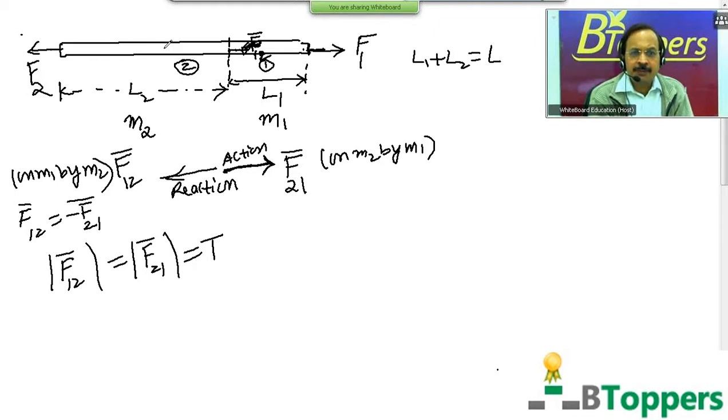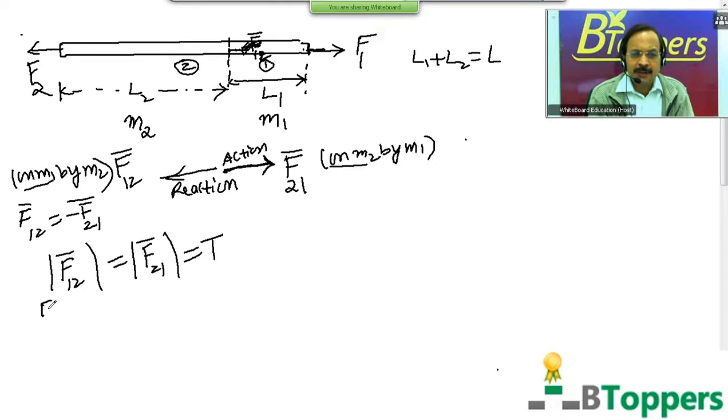So I draw a separate free-body diagram for mass M1 and a separate free-body diagram for mass M2, showing the forces in the horizontal direction. The force on M1 by M2 must be indicated in the free-body diagram for M1. The force on M2 should be indicated in the free-body diagram for M2. The magnitude of each force is the same, T. So the force on M2 by M1 should be indicated in the free-body diagram for M2.